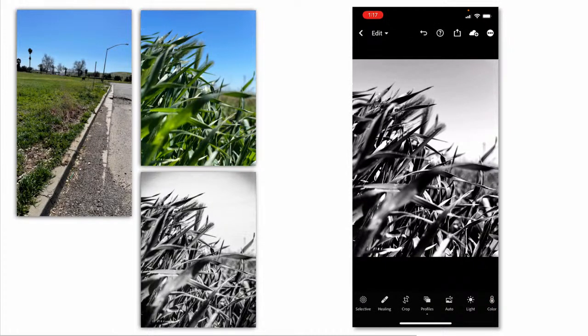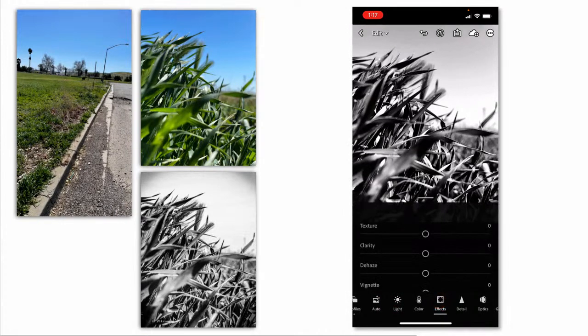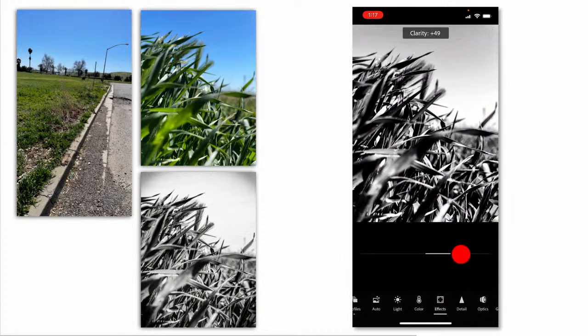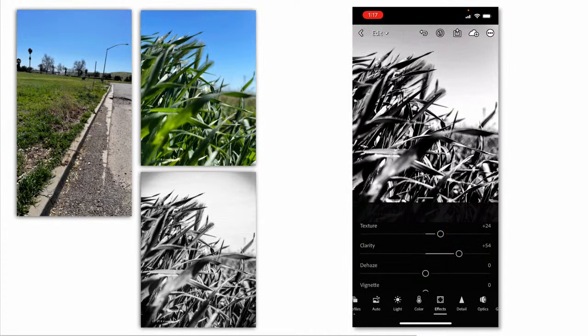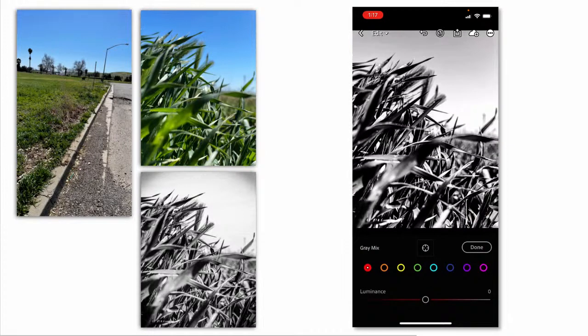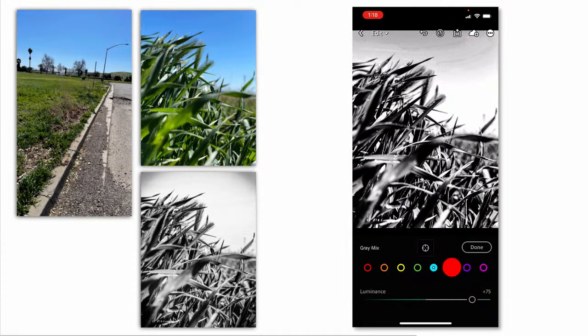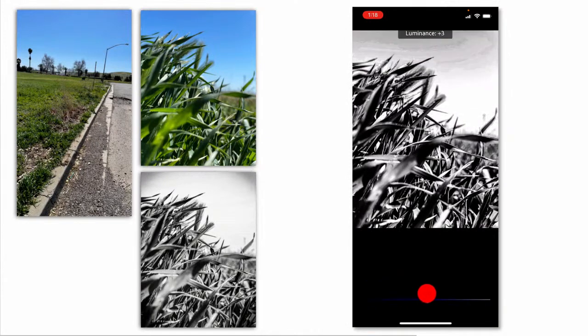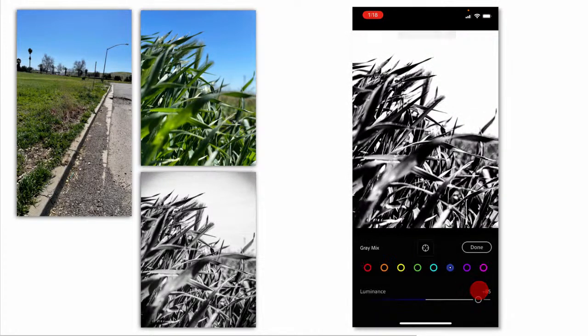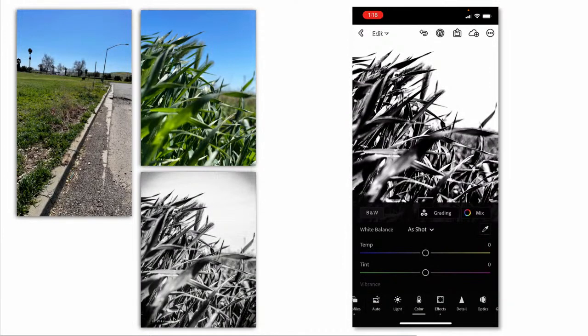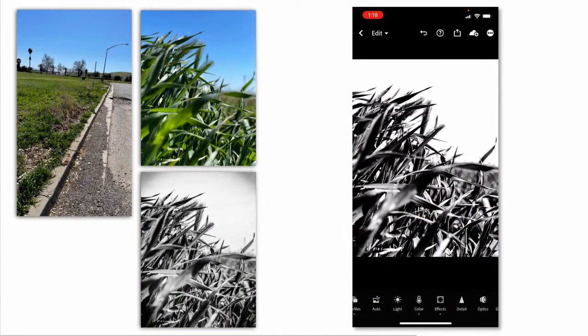And what I want to remind you with the profiles is all these editing devices are still available. So I'm going to go to the effects, and I think I'm going to go ahead and give it some clarity and sharpness. And I think what I'd like to do is go to the color panel and check out the blues and see what happens if I darken the blues. Or lighten the blues, maybe even further. Darken, lighten. And then I really like the separation it's giving me in this. So I'm going to call that done under that color panel.